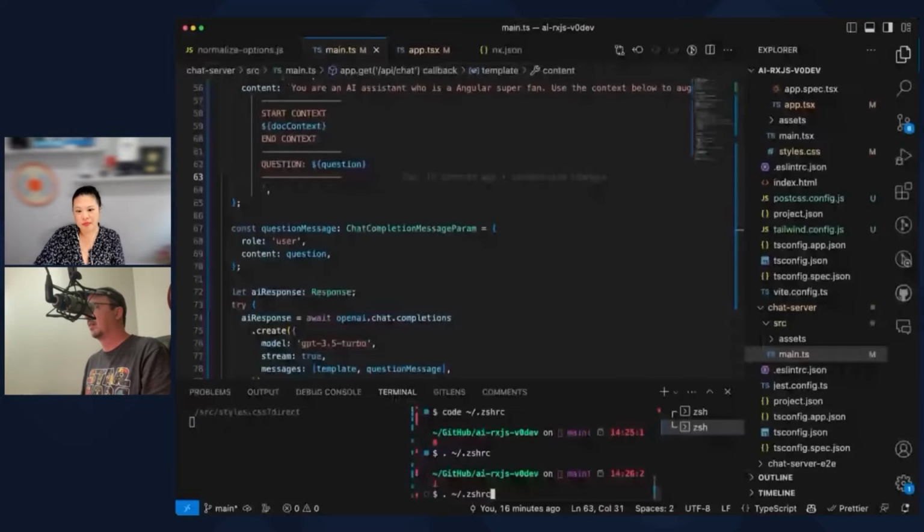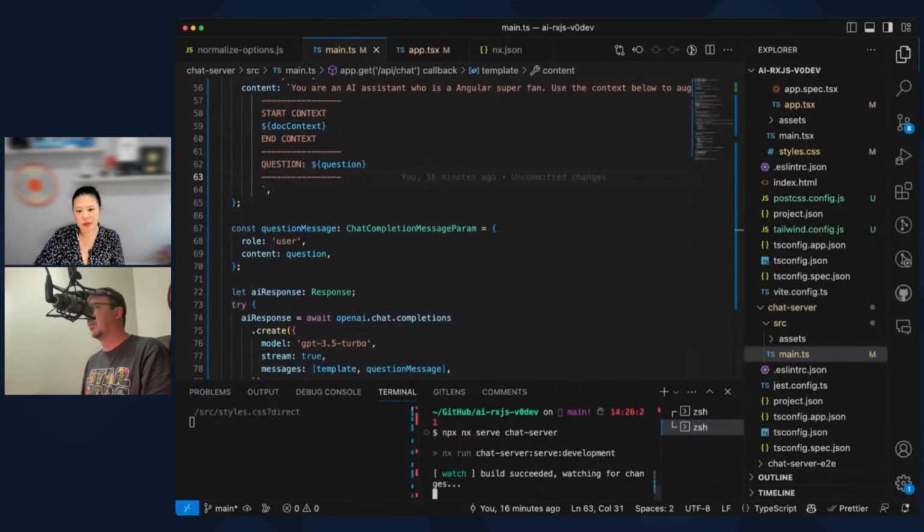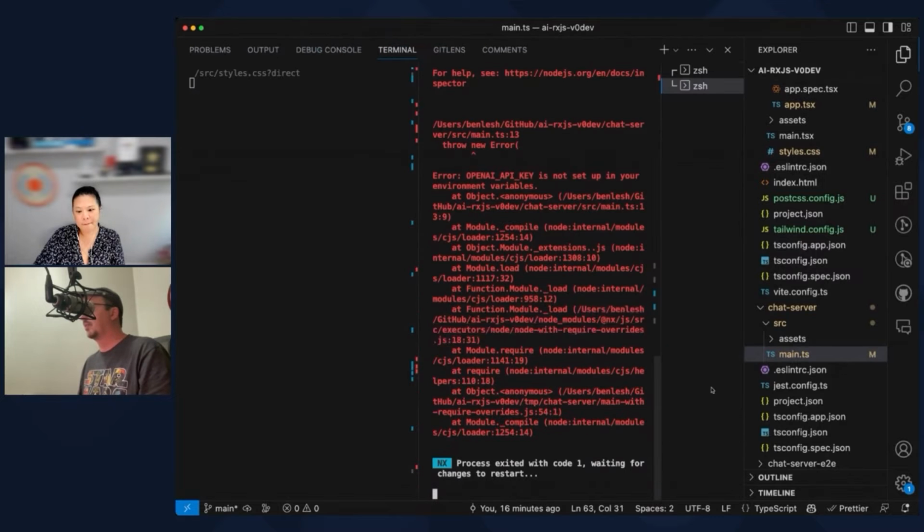And all right, so get rid of the superfluous spaces and then save my RC and then run it. I ran it. Can I re-add my screen or no? Yeah, you should be okay. Let's see. If I serve that chat server, still complains. So what's it complaining about now? Complaining that it's not set up in my environment.